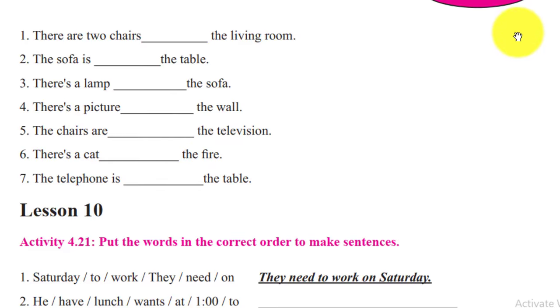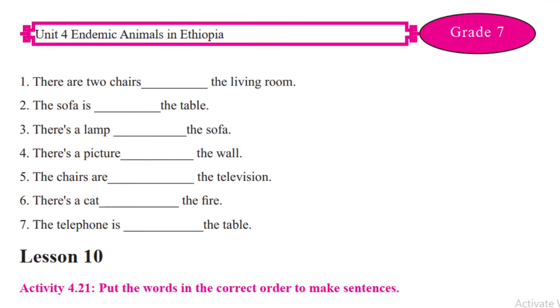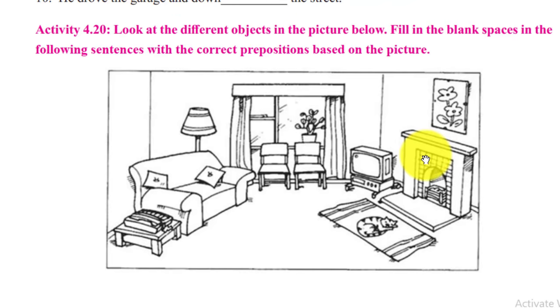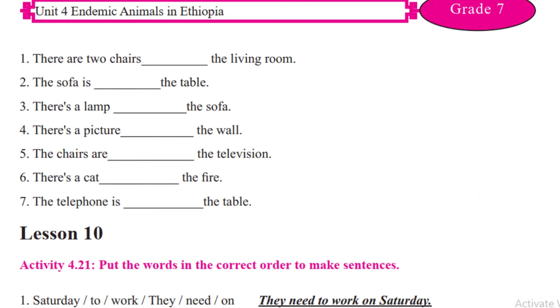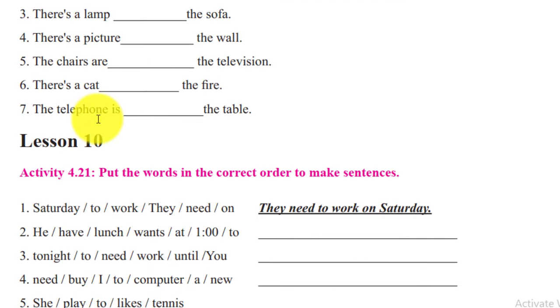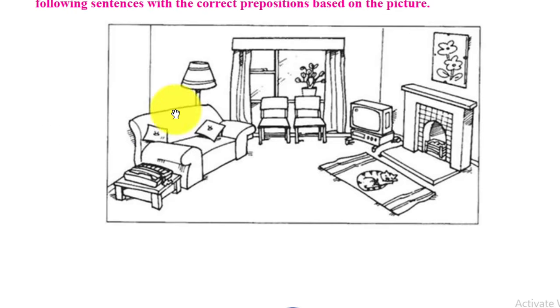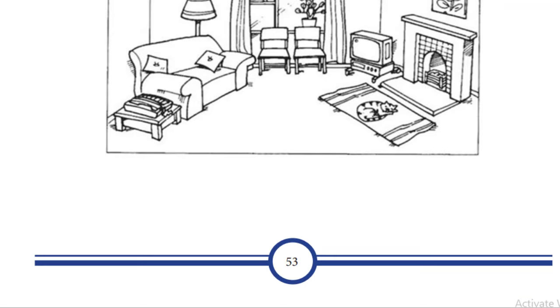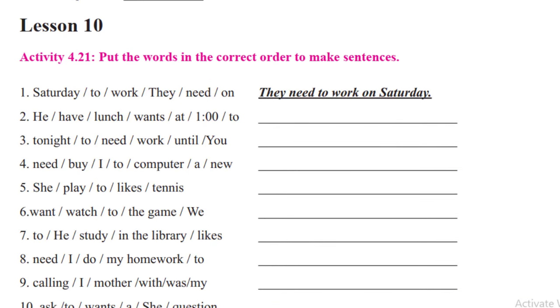Number 6: there's a cat blank the fire. በርቀት አለ እሱ ጋር ስናይ ከፋይሩ በየትኛው አቅጣጫ ነች ካቷ ያለችው ነው የሚላችሁ. Here is እንግዲህ ፋይሩ እዚህ ጋር እንዳለ ነው የሚታሰበው, ስለዚህ in front of the fire ትላላችሁ ማለት ነው, ከፋይሩ ፊት ለፊት ነው ያለችው. Okay, the last one: the telephone is blank the table. ቴብሉ ይታያል, ስለዚህ ቴሌፎኑ ቴብሉ ላይ on the table ትላላችሁ, ጠረጴዛ ላይ ነው ያለው ብላችሁ በዚህ መሰረት የፕሪፖዚሽን አንደርስታንዲንጋችሁ ታሰፋላችሁ ማለት ነው.